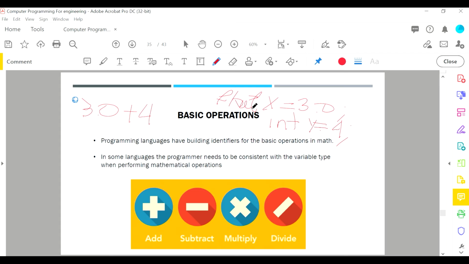When you do a summation of x plus y, so say you want to print x plus y,